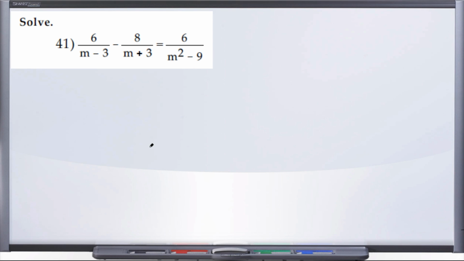All right, here we are at number 41, and the directions are to solve. And now we've been given fractions, except now we're dealing with an equation, right? We have an equal sign. So we have 6 over m minus 3 minus m over m plus 3 equals 6 over m squared minus